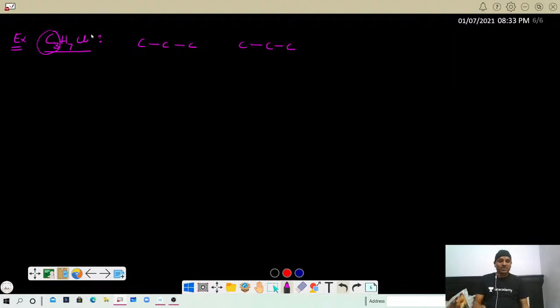So here this 3 carbon system is there, therefore I can make 2 chains. I am making 2 chains because I want to differentiate the position of chlorine. Chlorine is at the first position, here chlorine is at the second position. Right? If you add the rest of the hydrogens, the rest of the valencies of carbon, CH3, it is